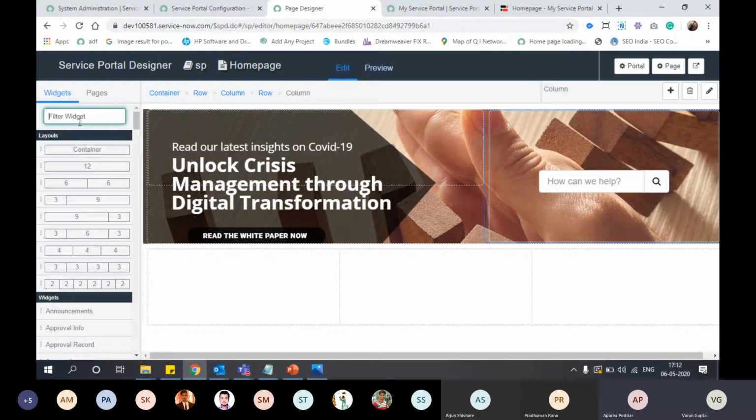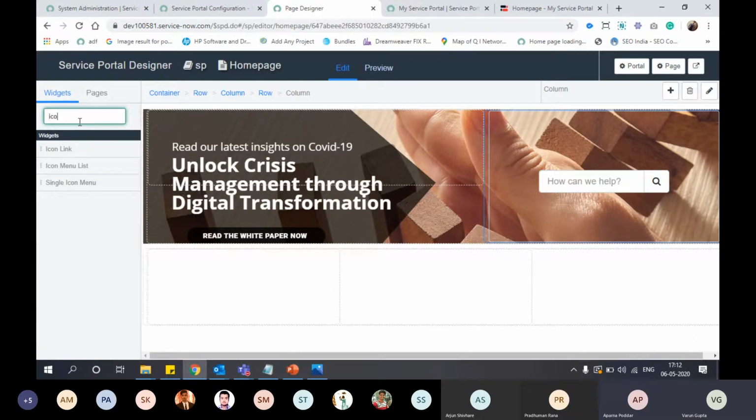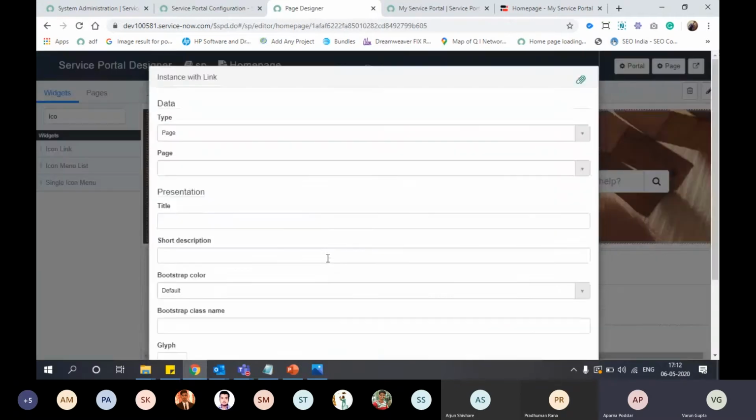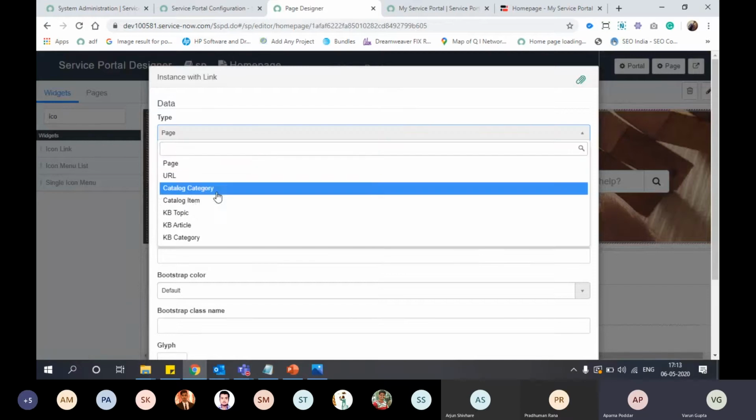For these three things I will use a single widget, the icon link widget. Just drag and drop in all the containers, columns. Now we will configure it one by one. First one we will take it.